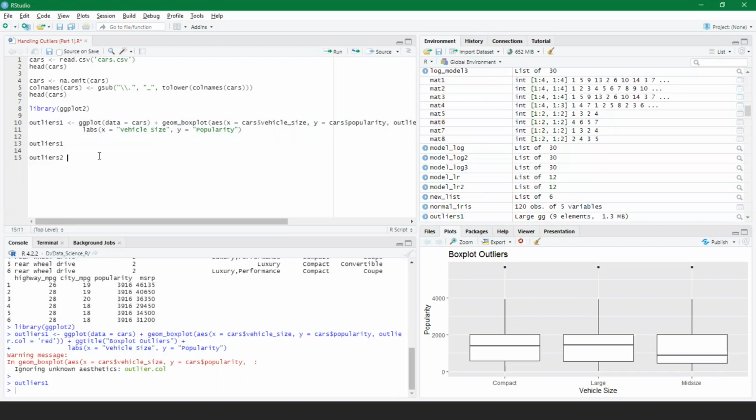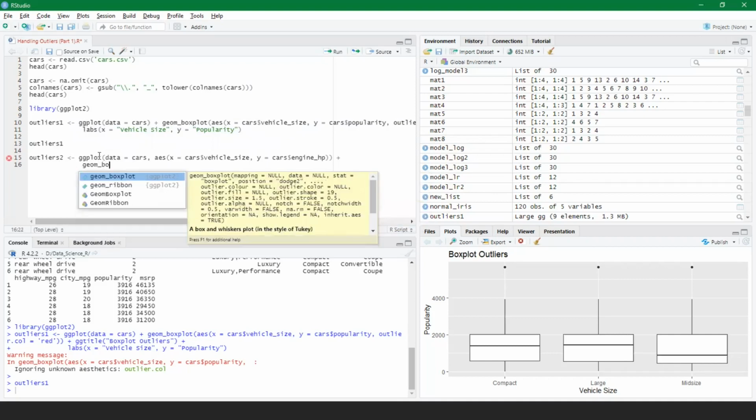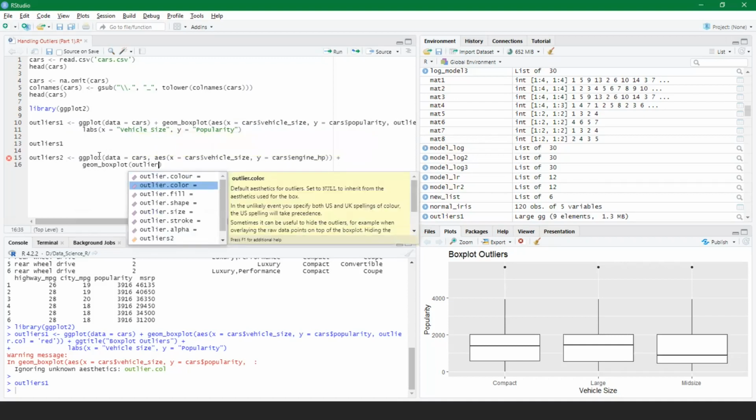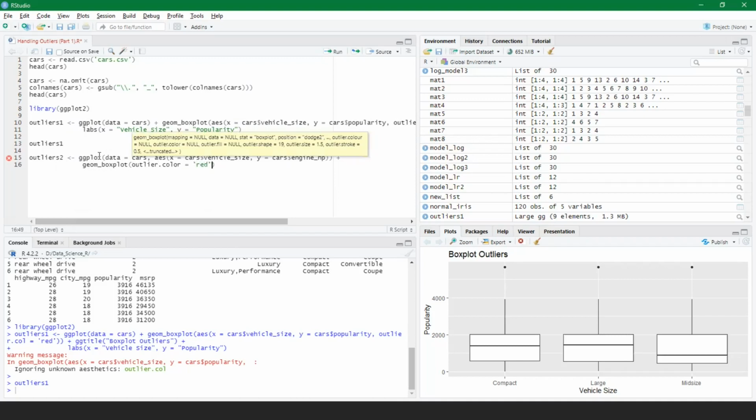I will say outliers 2, and I will use the ggplot function. I say take the dataset of cars, and here I use the static function, x equals to cars, and I pass the vehicle size on x-axis, and on y-axis I say take the cars dataset and the variable of engine horsepower. And next I say geom box plot and outlier dot color, and I pass the color red,